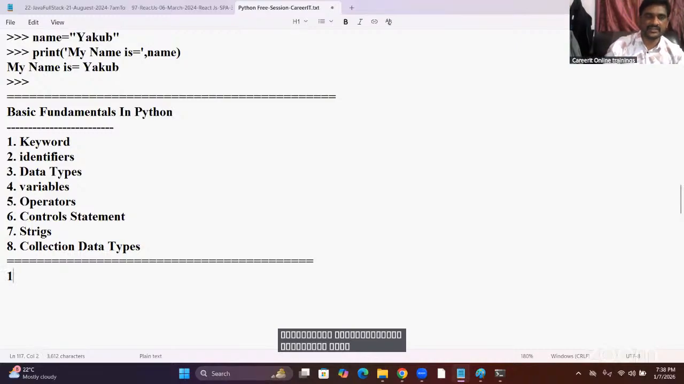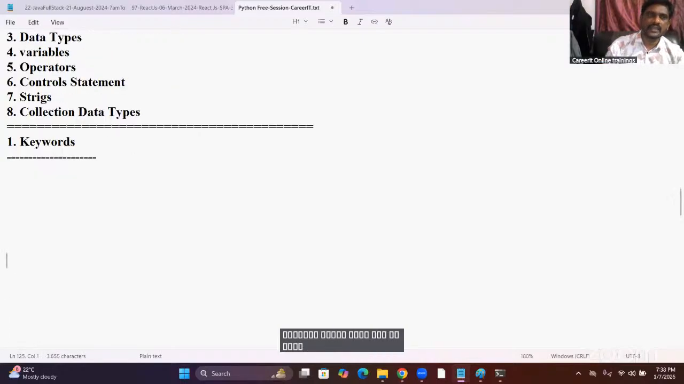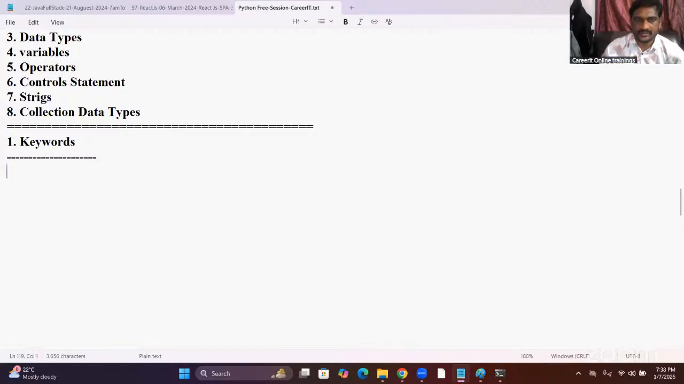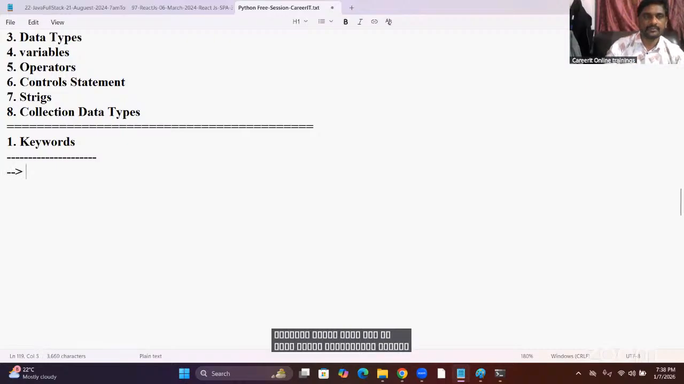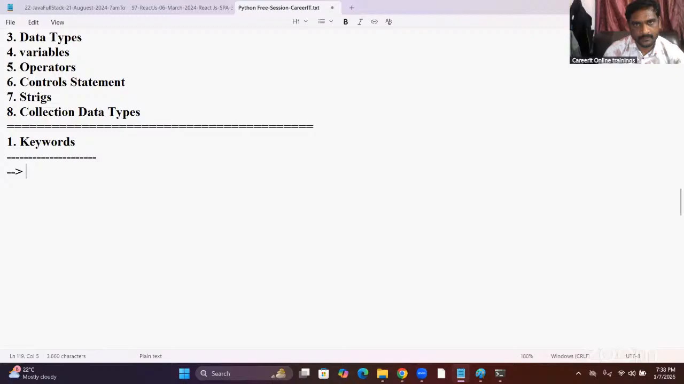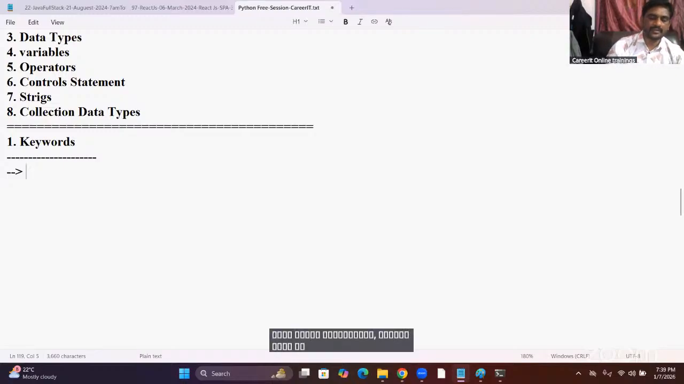Then the first one, sir. I'm talking about a keyword. What is a keyword? Guys, basically in Python, keywords are of two types. The first one is a predefined keyword, the second one is a user-defined keyword. Now here I am talking about the predefined keyword. So guys, here I am writing: